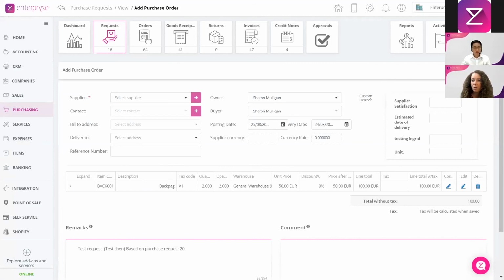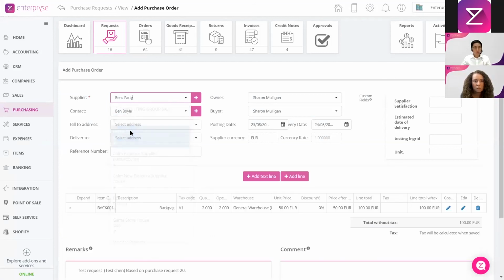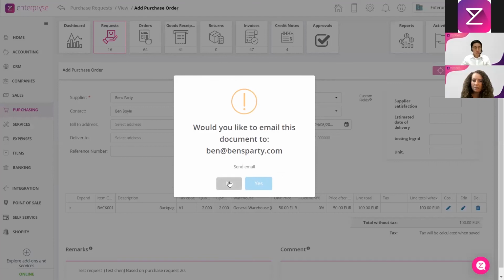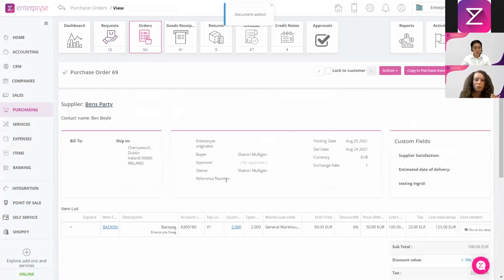Now this becomes a live order in the system, for which we can specify the supplier. So let me just specify our supplier, and then we can click on save. And of course, we can email that to our supplier so that the order goes through, and it's that simple. So all the way through from purchase request to purchase order, the user has more control,